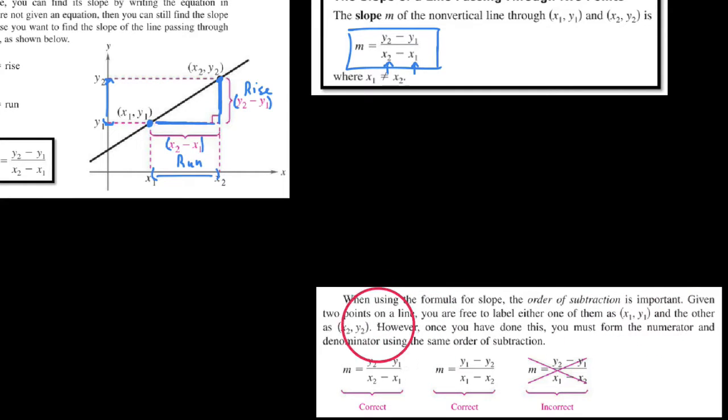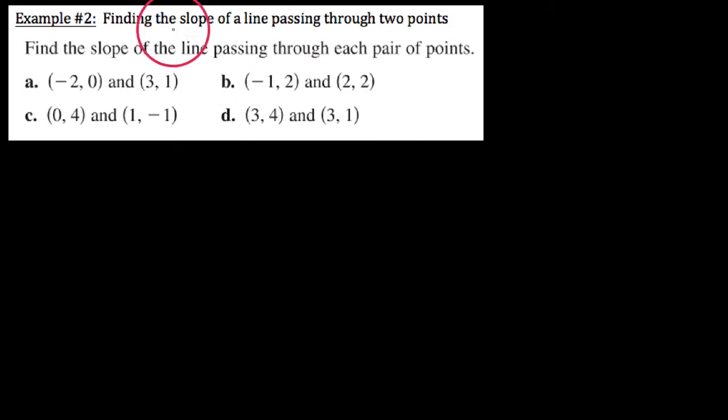They note here it says given 2 points on a line, you're free to label either one of them as x1, y1 and the other as x2, y2. So if we were to go back up here and call this one x2, y2 and this one x1, y1, essentially what this is saying is as long as you do your subtraction in the proper order, you're going to get the correct ratio that you're looking for. In terms of correct, we can see the two ways of doing this here is y2 minus y1 over x2 minus x1, or y1 minus y2 over x1 minus x2. The wrong way of doing this would be to say maybe y2 minus y1 on top, but then to do x1 minus x2 on bottom. So slope, this is pretty easy to kind of interpret and find here.